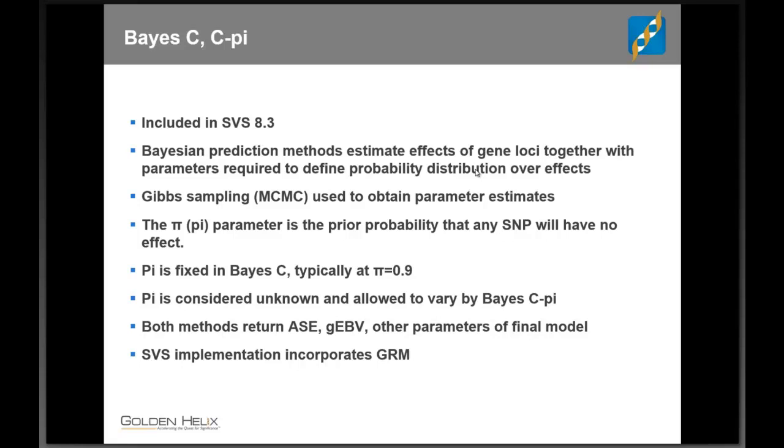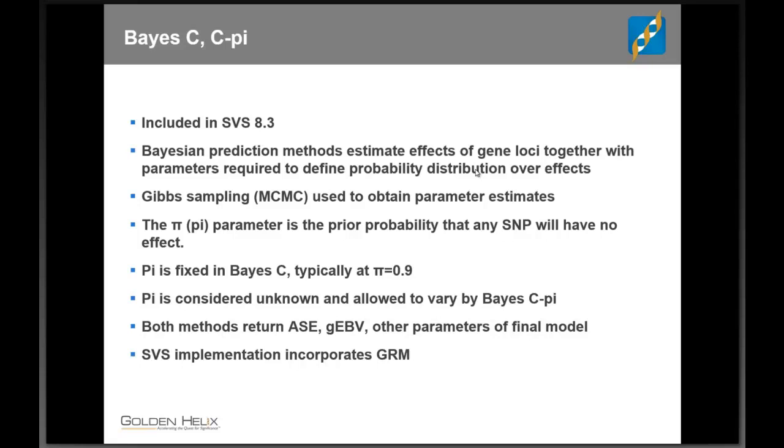One of the major things to be aware of is that it uses a sampling procedure and a Markov chain Monte Carlo procedure to identify an ideal model based on usually a fairly small set of SNPs, as opposed to GBLUP that is including all SNPs in the model. Bayes-C and Bayes-C-pi will have something that is greatly reduced. Now, anyone who's familiar with Bayesian MCMC methods will know that that also comes at a computational price. It is going to run just a little slower than GBLUP, but as a result, you may get more concise